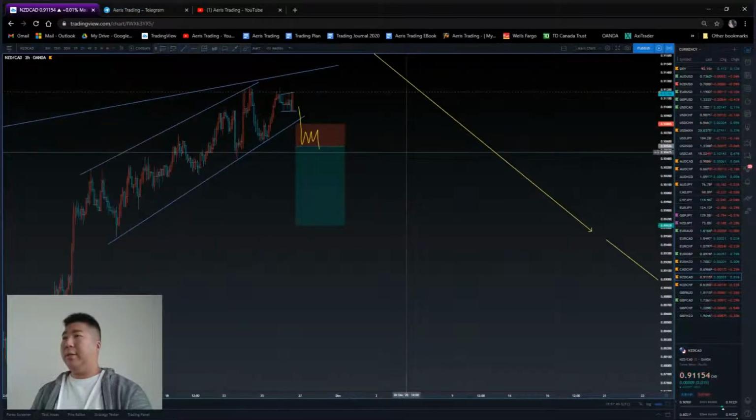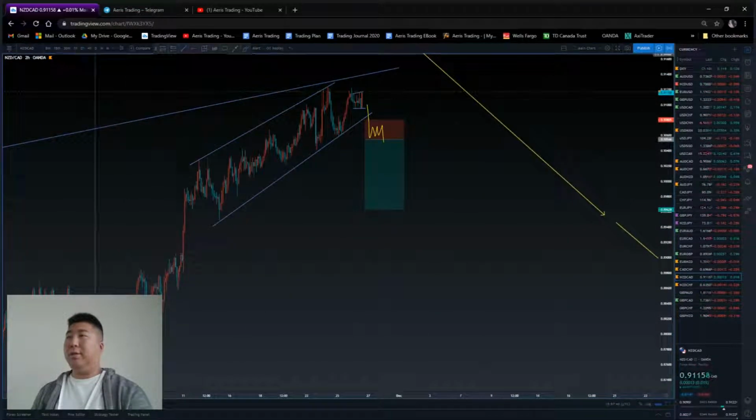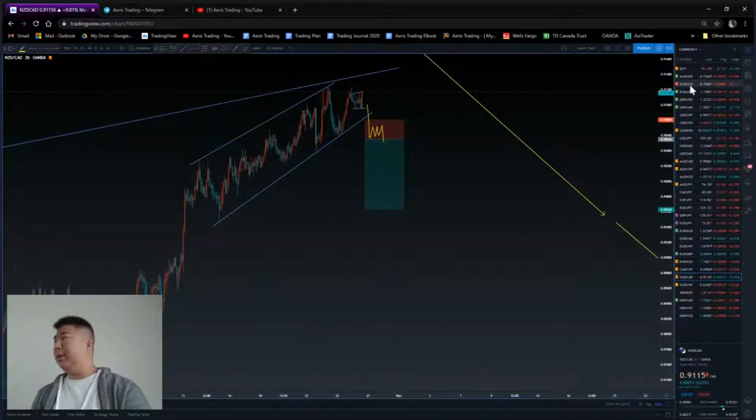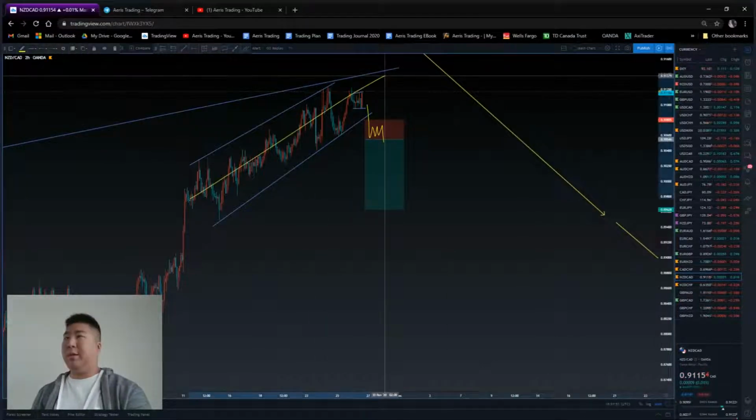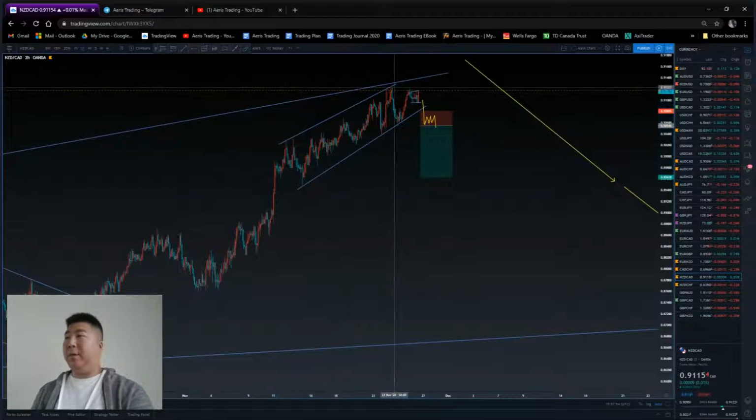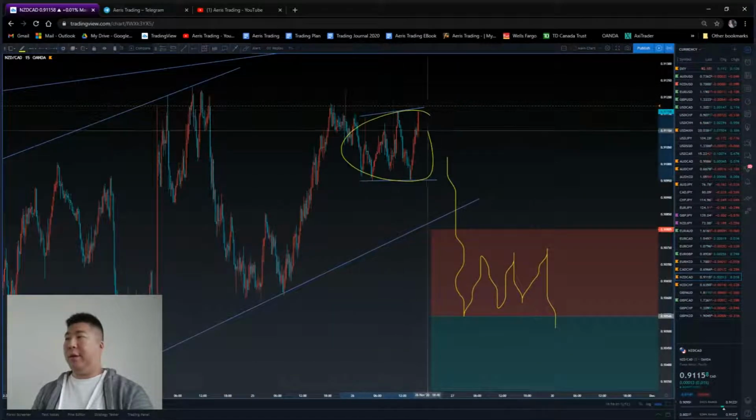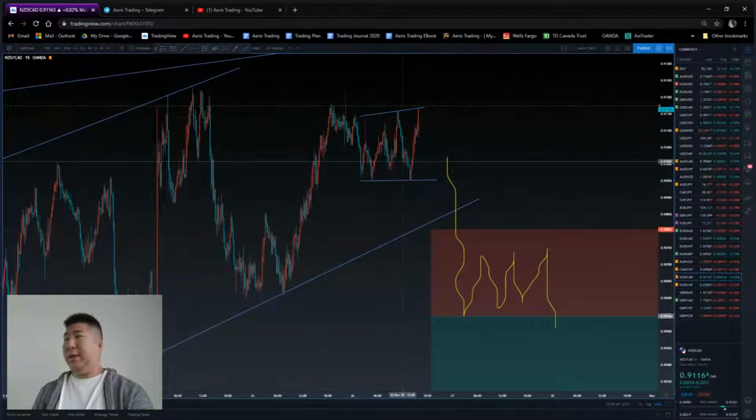Kiwi CAD. Kiwi CAD looks clean as well. Okay, very similar to Kiwi dollar, right? We're in this kind of ascending, looking like we're having a potential double top here, and then just want to see the price break out from this point forward, looking for a reversal from this kind of correction that we're seeing, and then break out from there,